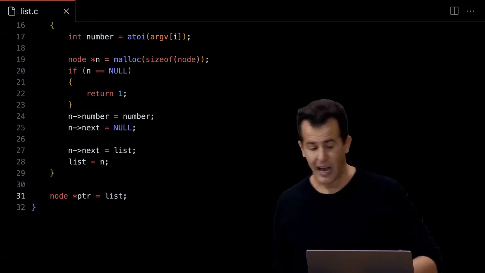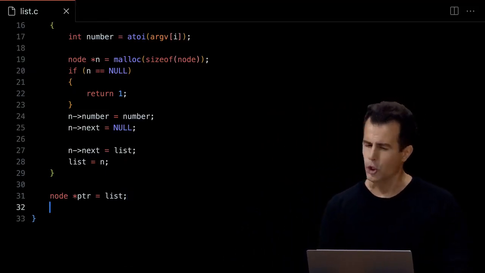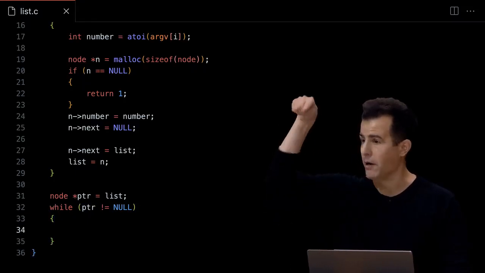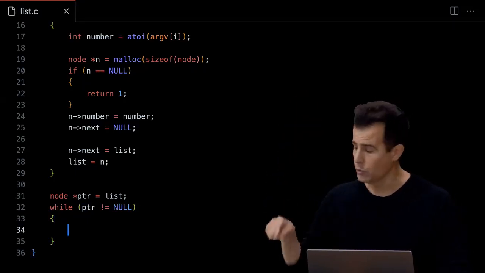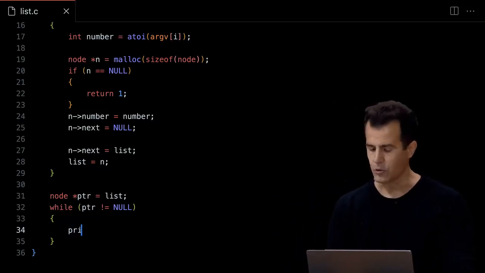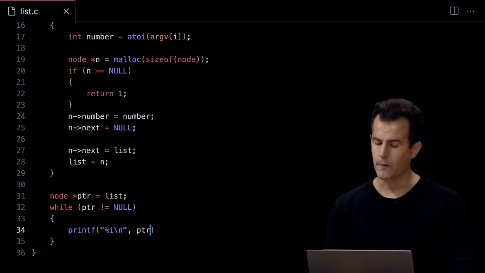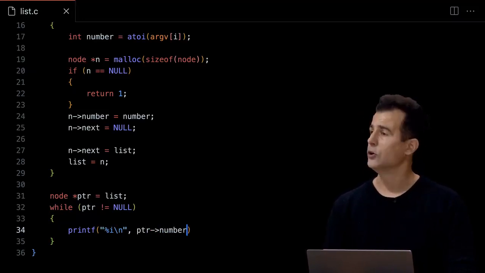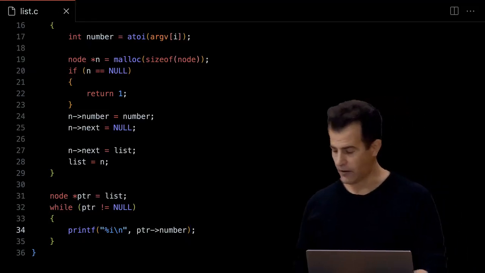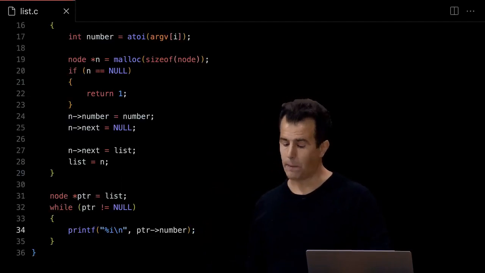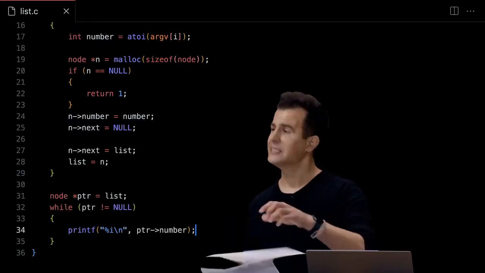All right, once I've done this, I think I can translate this to code that's a little new, but conceptually familiar perhaps now: while that pointer does not equal null. So while I have a valid pointer, like my finger or that arrow is pointing at an actual node in memory, well, let me go ahead and print it out. So let me print out with %i\n whatever is in the current node at the number field within. And again, this is going to have the effect, hopefully, of first printing the 3. And I think I just need to now update the pointer so that on the next iteration, it's pointing at